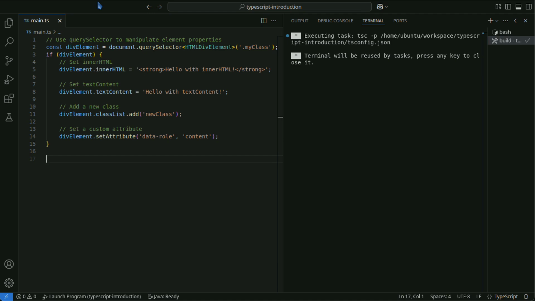NodeList and HTMLCollection represent collections that contain multiple DOM elements. For example, querySelectorAll returns a NodeList, and getElementsByClassName returns an HTMLCollection.